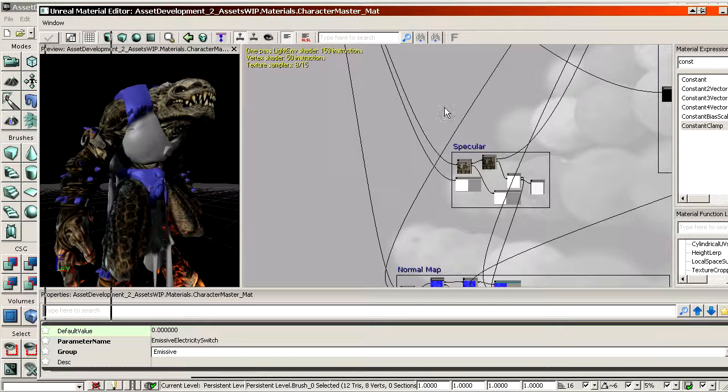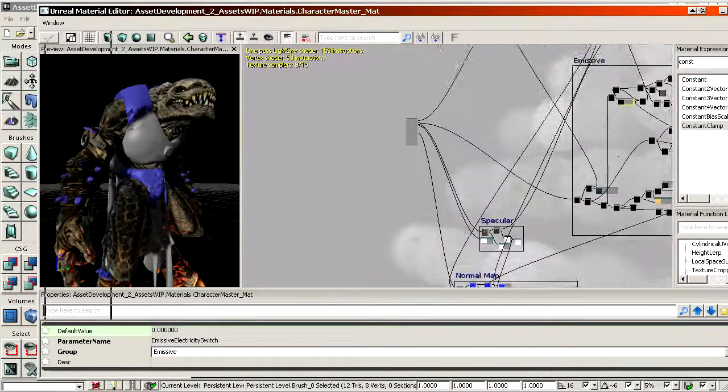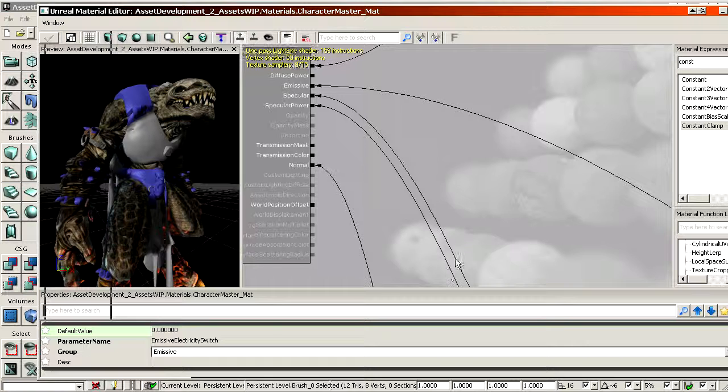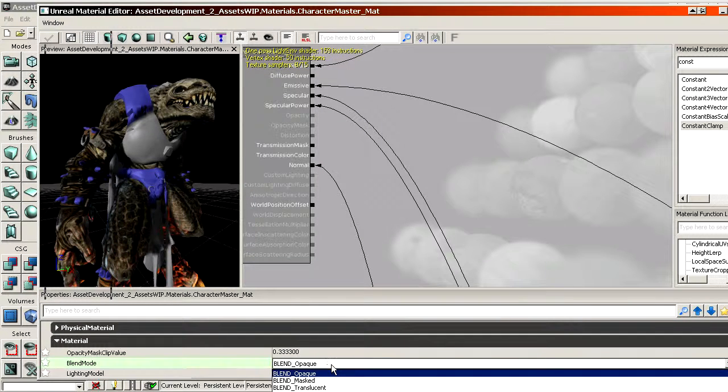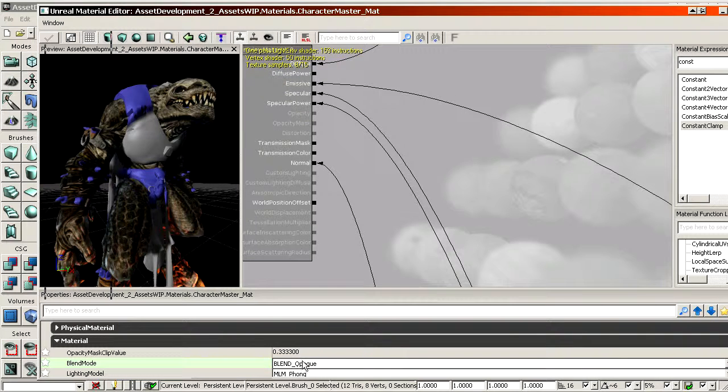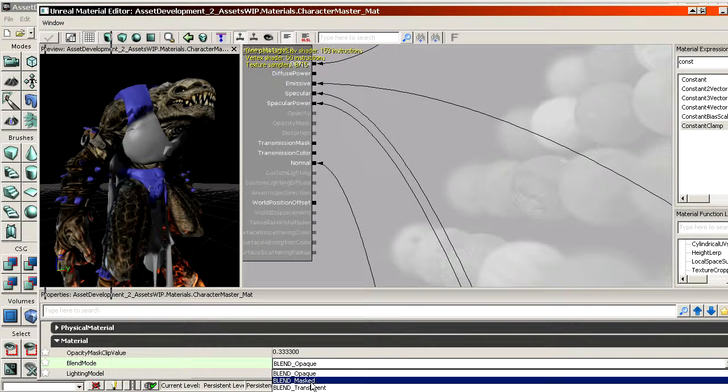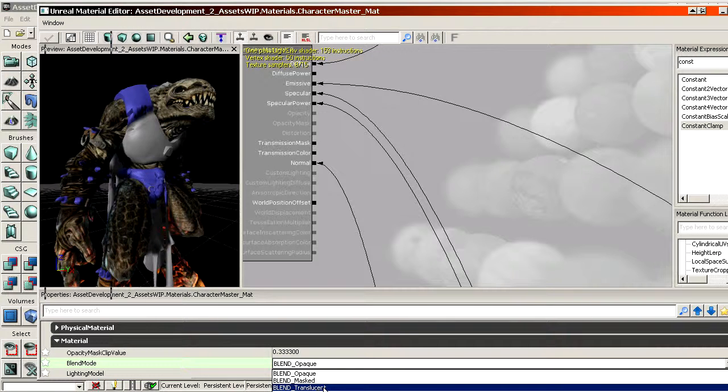It only involves about 6-7 expressions, so it's quite simple to do. And first thing first is we need to set the whole material to be masked. So at the bottom, click an empty space, and then at the bottom, opaque, change to masked. Do not use translucency. If you really want to fade out characters gradually with actual translucency and not just dissolving